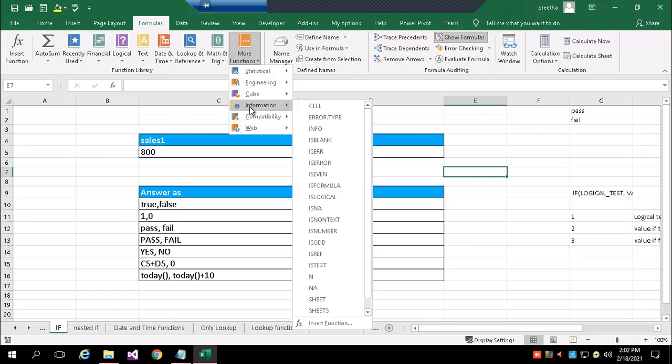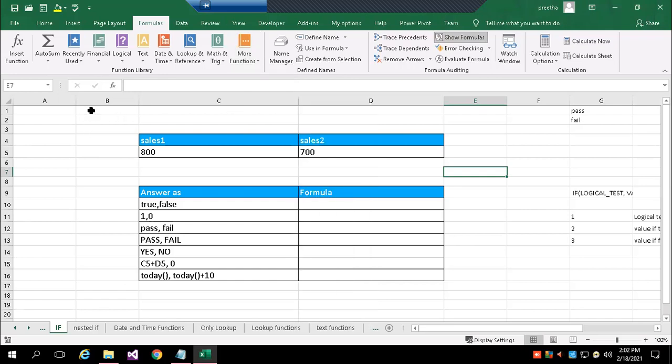So we have built-in functions to work with text, date, numbers, and common functions like logical functions and lookup functions.